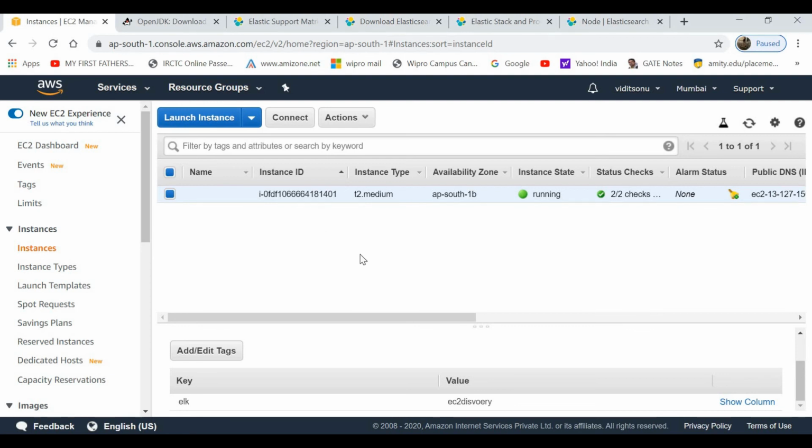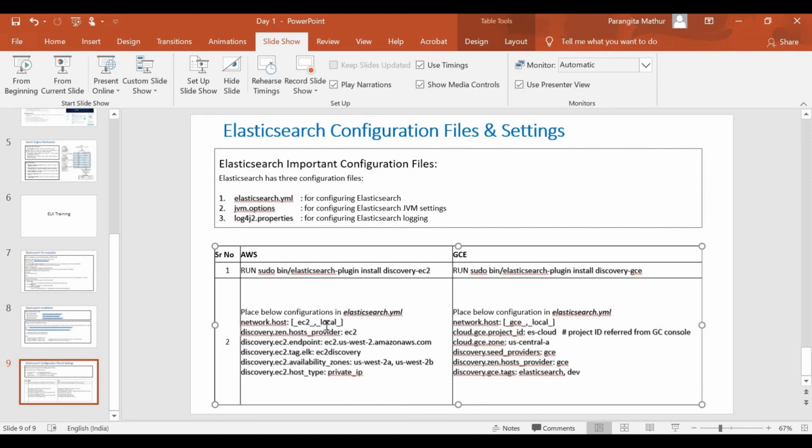Suppose I have 10 servers over here, and I have two elastic clusters available. How can you bifurcate them? You can bifurcate them using this particular tag. It will take that tag value, and only servers with the same tag will be allowed to merge in a single cluster.